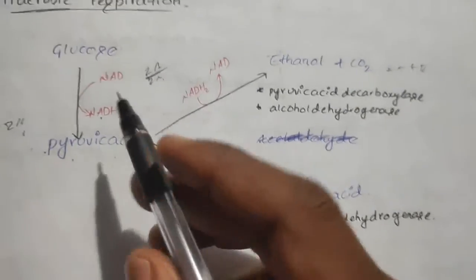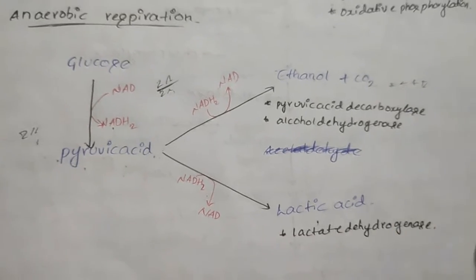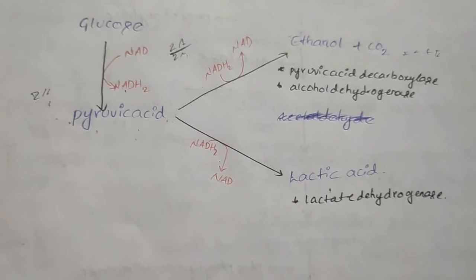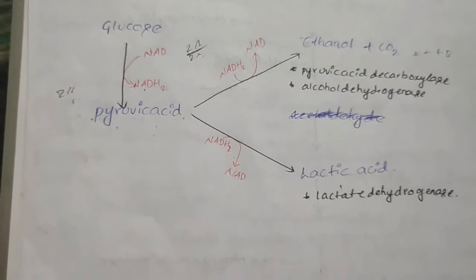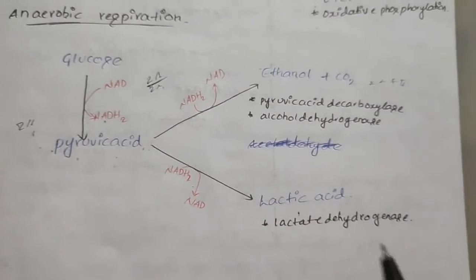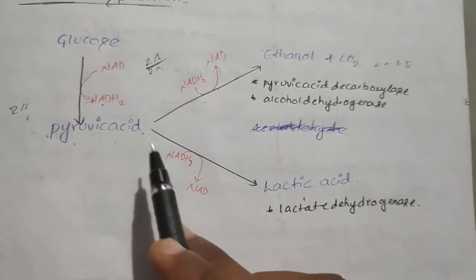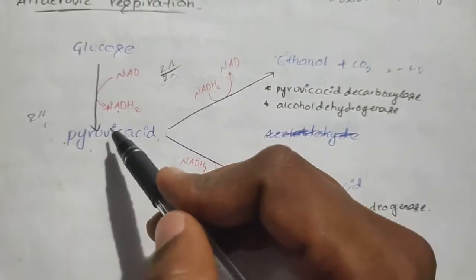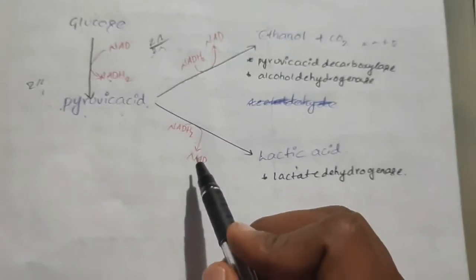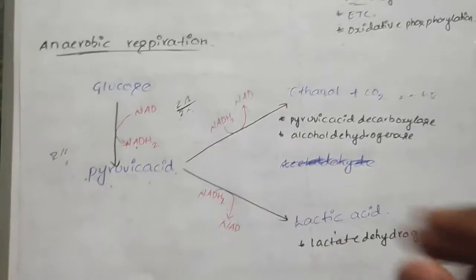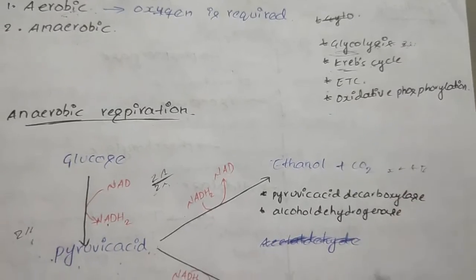In our body also, anaerobic respiration takes place during exercise in some muscles, when we require more energy. Aerobic respiration won't take place. Anaerobic respiration takes place, and here also pyruvic acid converts into lactic acid, and for this conversion, out of the 2 molecules of ATP and 2 molecules of NADH2 which we got in glycolysis, the 2 molecules of NADH2 are lost to produce lactic acid, and only 2 molecules of ATP are the net product of this anaerobic respiration.